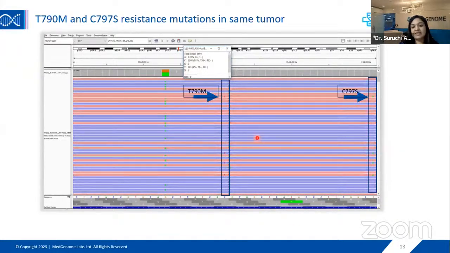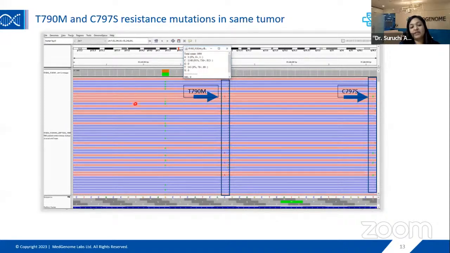So before going to the cases or specific tests, I would like to show an IGV snapshot of a patient sequenced sample, where the T790M resistance mutation is showing as a change as compared to the reference DNA, and C797S also as a change as compared to the reference DNA. Since they are proximal, they can be visualized in one single view of the Integrative Genomics Viewer, and